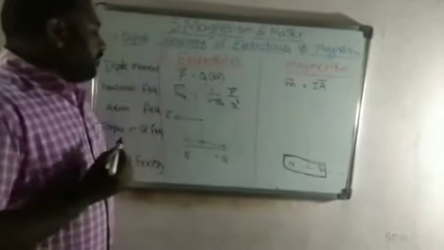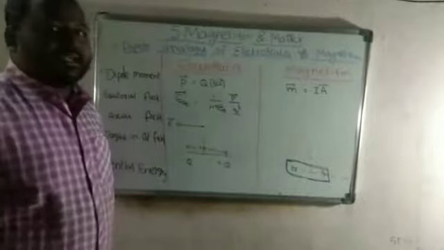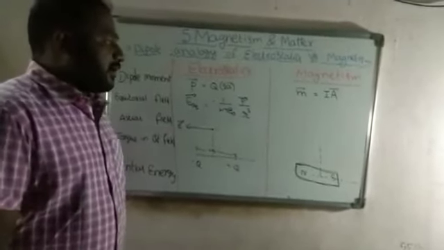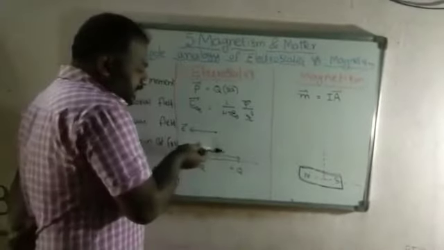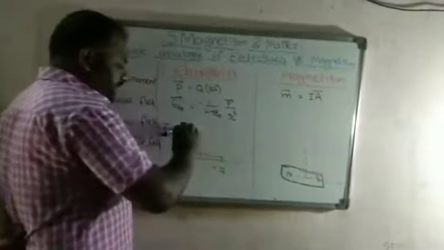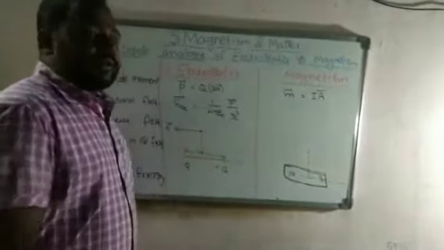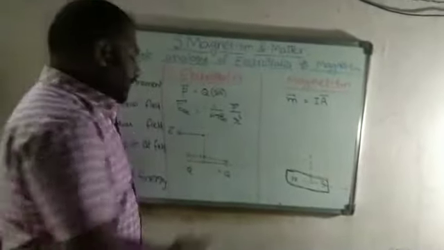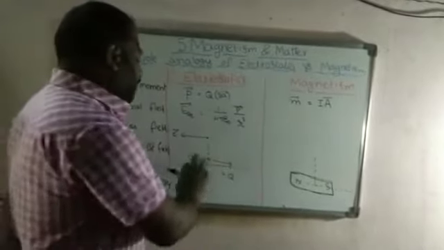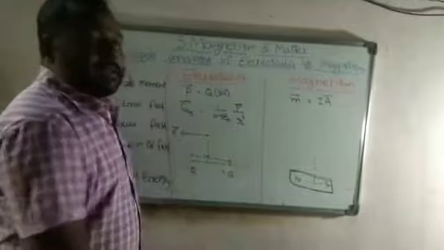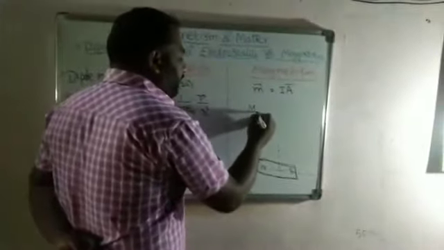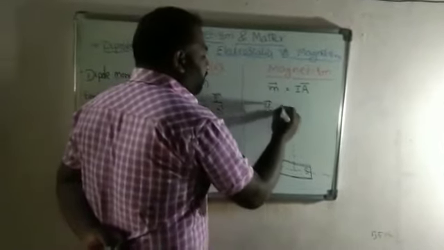The equatorial field in electrostatics is equal to minus 1 by 4 pi epsilon naught, P bar by R cube. Why? Because the dipole moment direction is like this, whereas the field direction is like this. Once you refer to that first chapter, you can identify the electric field along the equatorial line of the dipole. In a similar way, here this is the magnetic field along the equatorial line.